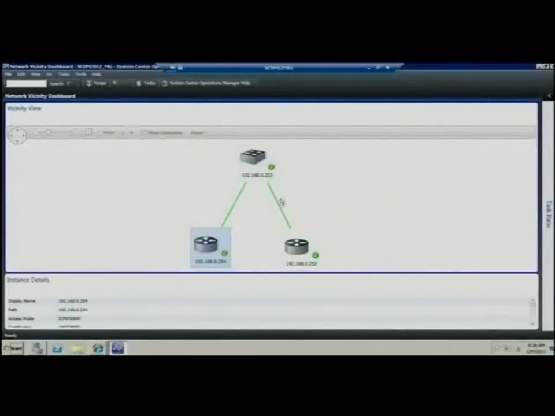So we can see which devices on our network are connected to another device. Once again, if we click on the router, we can see information about that particular device in the instance details. But now, if we click a link between the 2 devices, we can see some additional information. Here we can see the 2 devices that are connected,